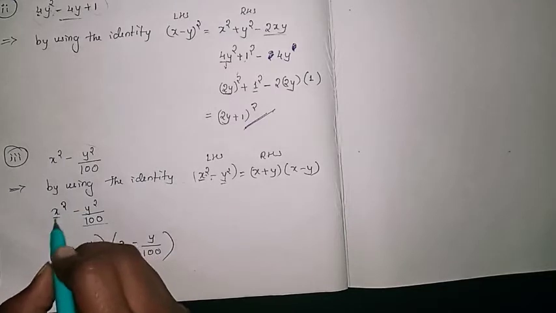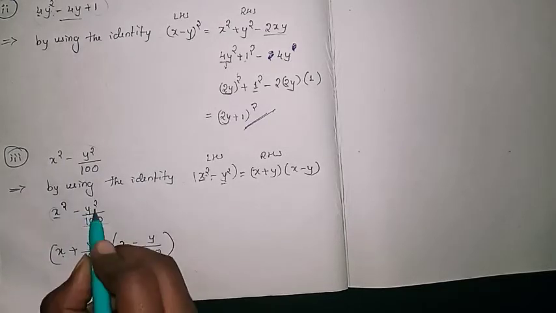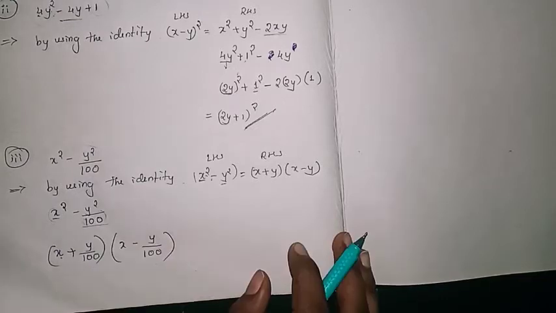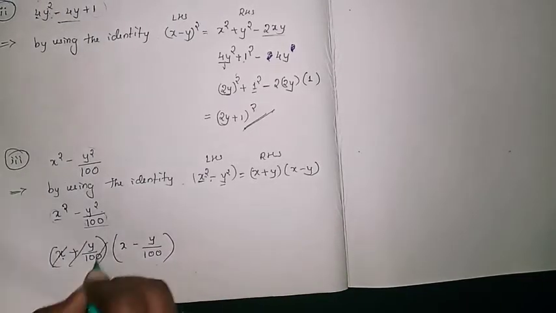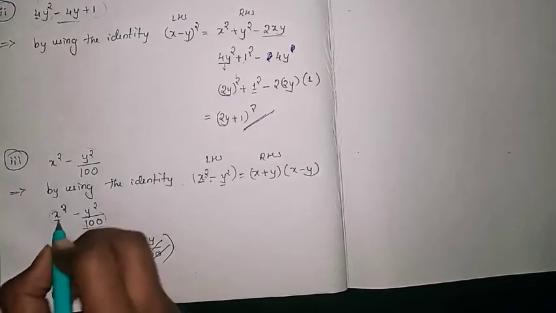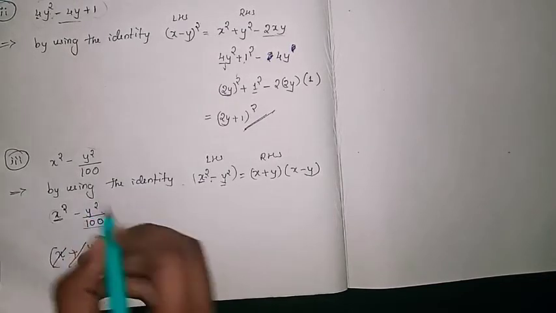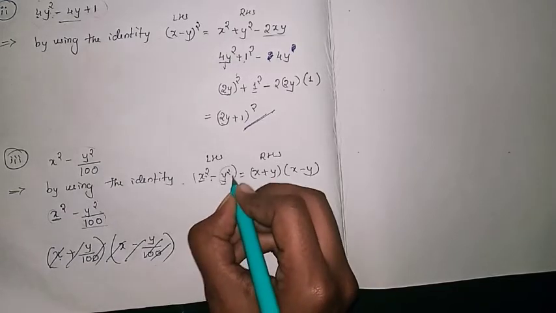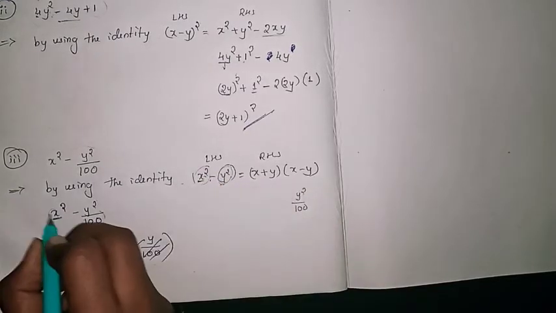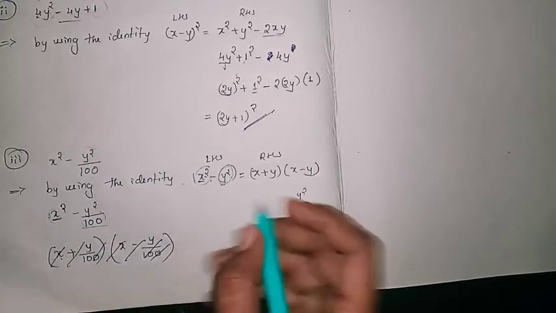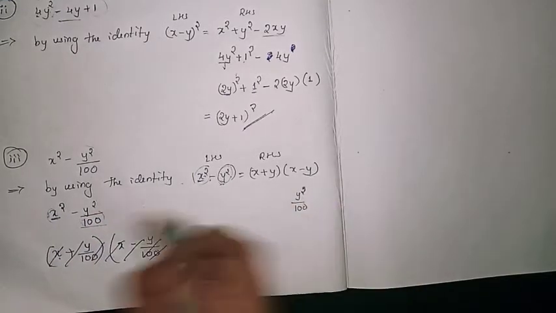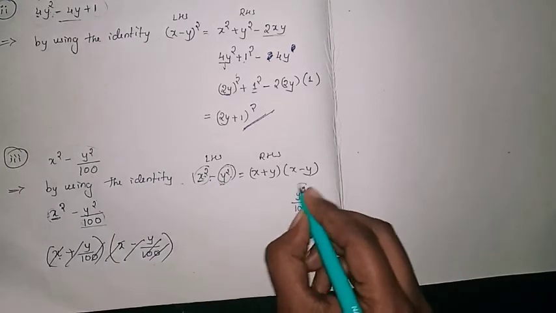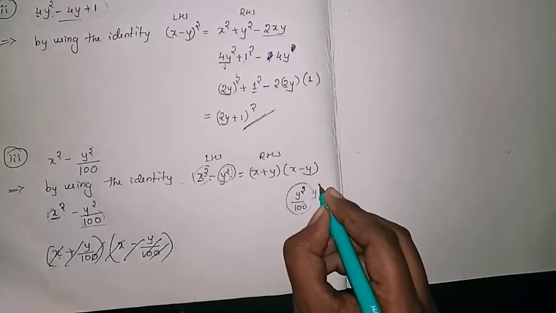So which is the x term here? This one, x. Which is the y term? Y. Sorry, it is 100, no? So wait. So it is x term and it is the y square divided by 100. So this is the y square term. So x square is okay because 1 into x square we can write. But y square only at the numerator it is given, at the denominator it is not given. We want the whole term as the y square.